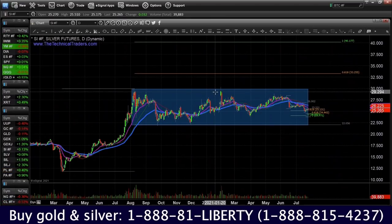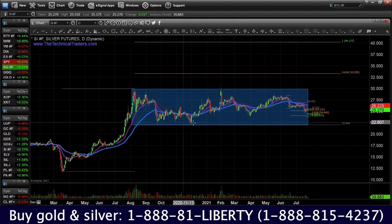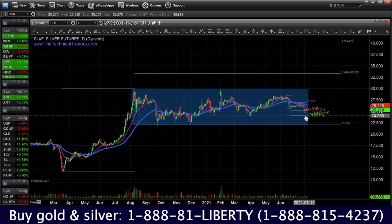The odds are it's going to reverse, but when you're in the middle, it's really a 50-50 bet. And as I just showed you, the short-term charts are still pointing to lower prices down towards 23, and potentially it could come back down to this 22.50 area to test for another bottom down there. So definitely a little bit bearish on the short side. Longer term,